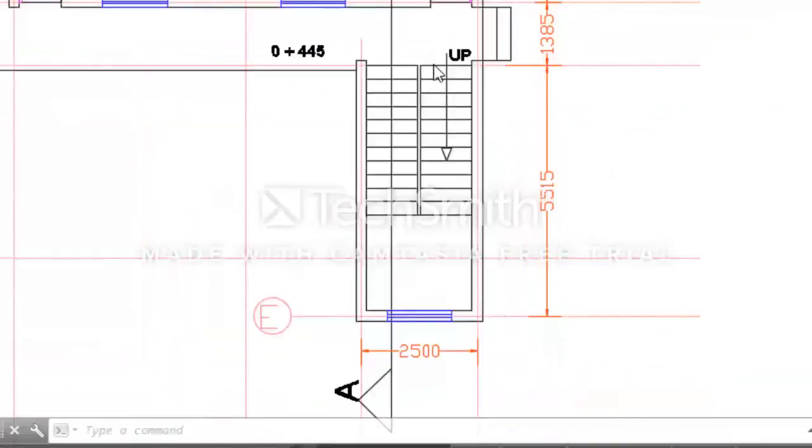We have 1, 2, 3, 4, 5, 6, 7, 8, 9, 10, 11, 12, 13, 14, 15, 16, 17, 18, 19, 20, 21, 22, 23, 24. So we have 24 risers, similar to the quarter turn staircase, where we also have a total number of 24